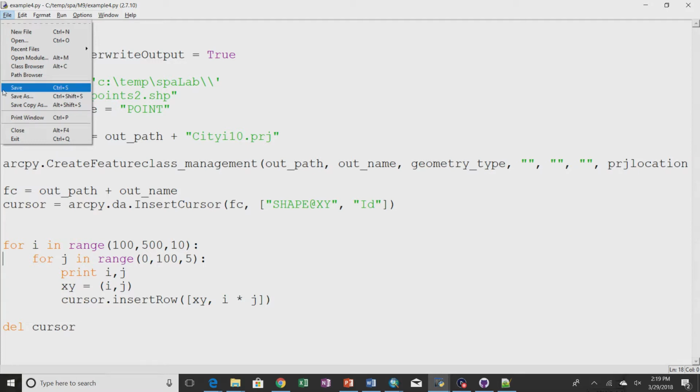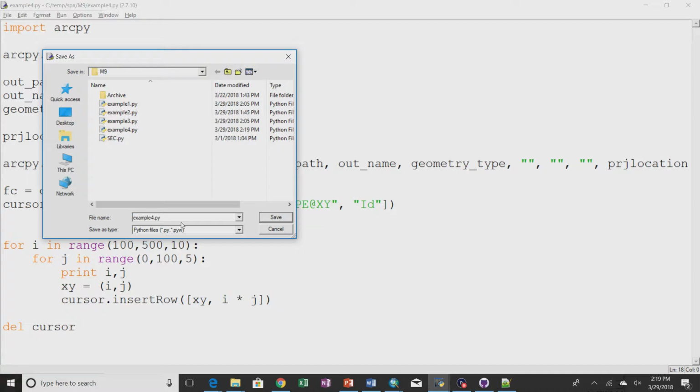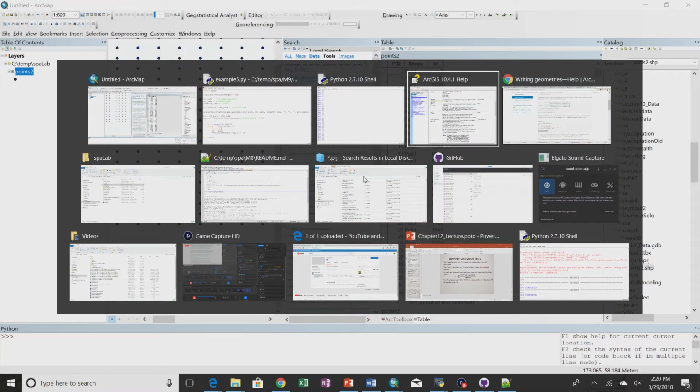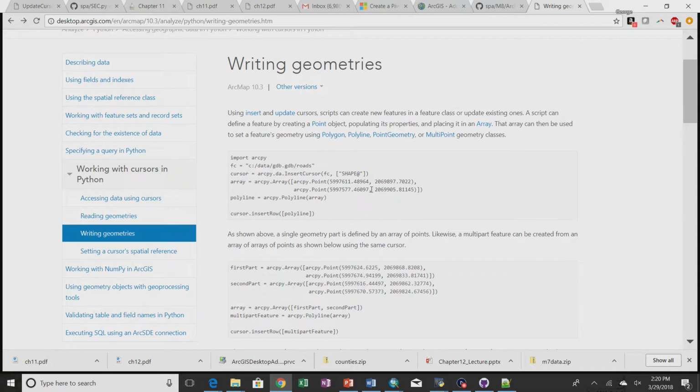So I'm going to hit save, and then now I'm going to change this so that instead of writing out a point shapefile, I'm going to write out a polygon shapefile. I'm going to skip the line shapefile because it's the exact same thing as writing a point shapefile, except with a polyline shapefile, all the points represent a line. In a polygon, they represent a polygon. And if we look at the help here, you'll see when we write a polygon,